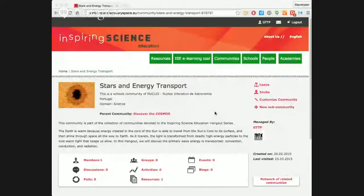portal.opendiscoveryspace.eu, that's another one of the many URLs that will all get you to the amazing resources that we're working to put together. Log in and search the communities. And the community that will have all of the resources from today's Hangout is the Stars and Energy Transport community. Within this community, we have one resource currently, and we will hopefully have many more after